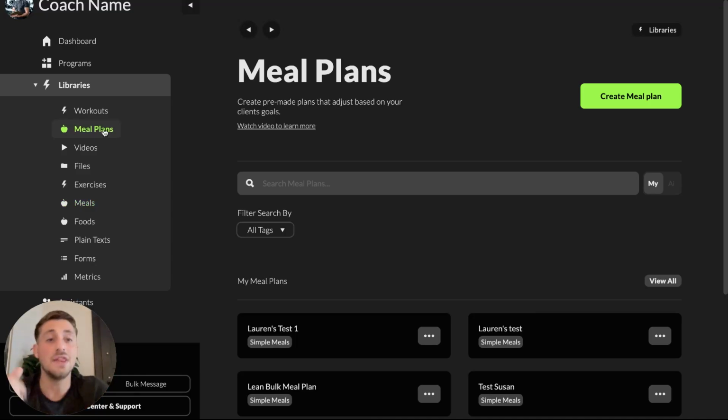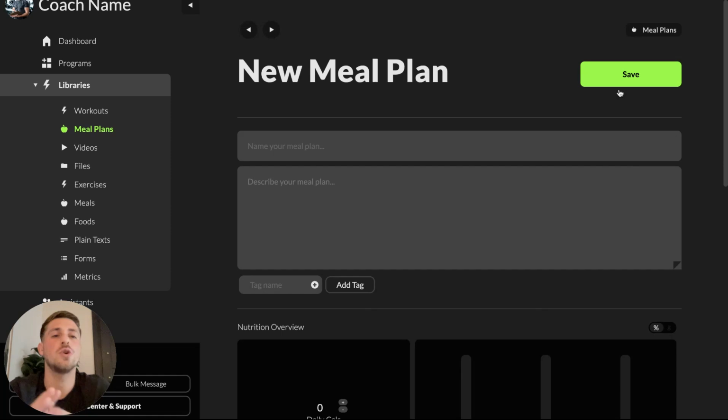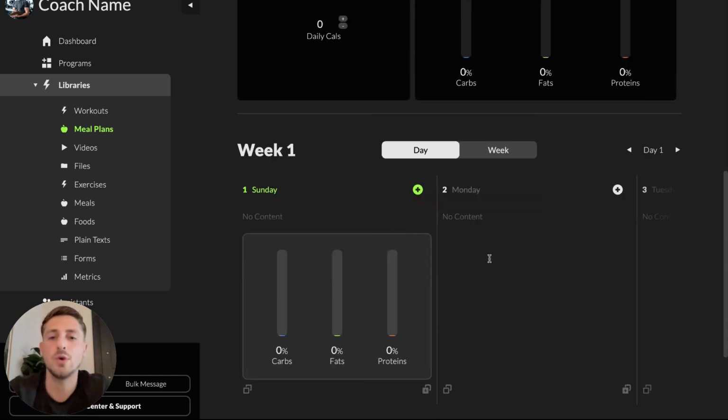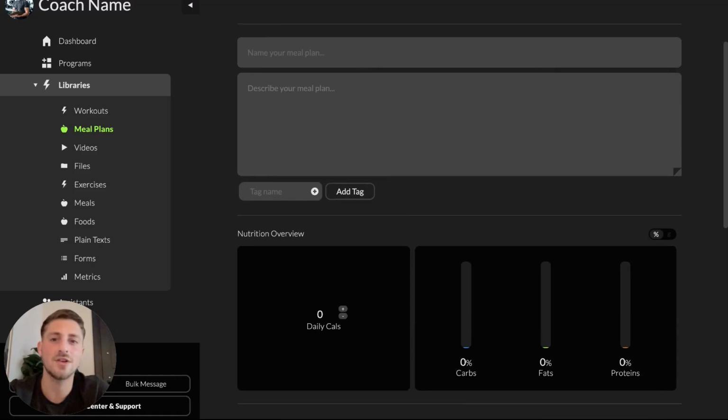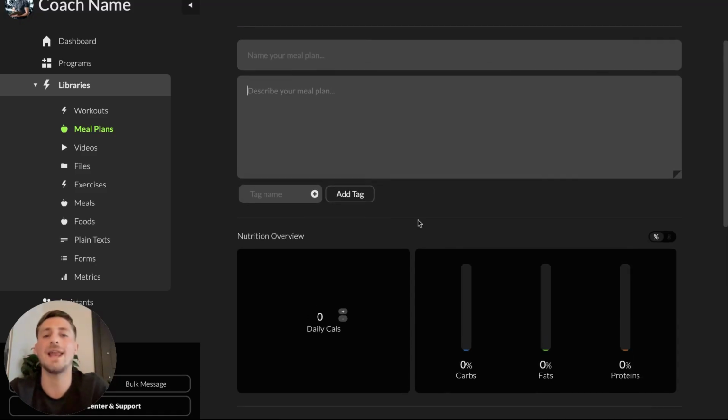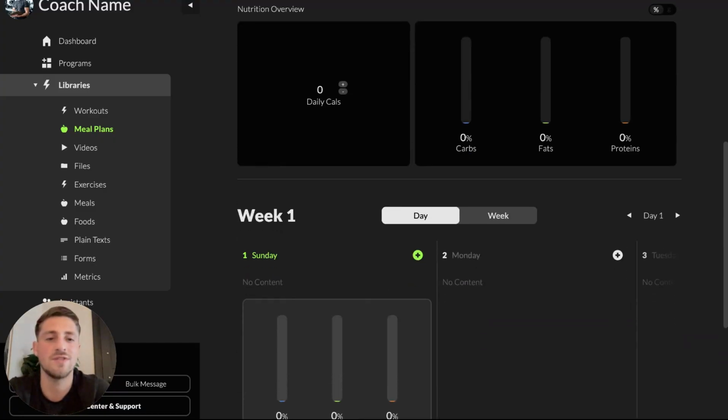Then when we go into the meal plan section and go to create meal plan, this builder is going to give you complete liberty to now work with those two libraries to build your meal plans in a templated version that you can then assign to your clients. And at the top, we will find things like naming your meal plan and describing it, so you can add some notes for yourself. Tags are also really useful if you want to tag it with gluten-free or whatever, high protein, right? Super useful for later use if you build a lot of meal